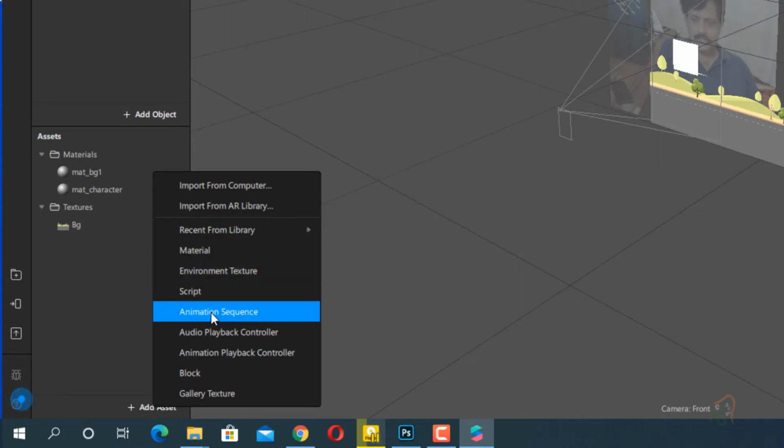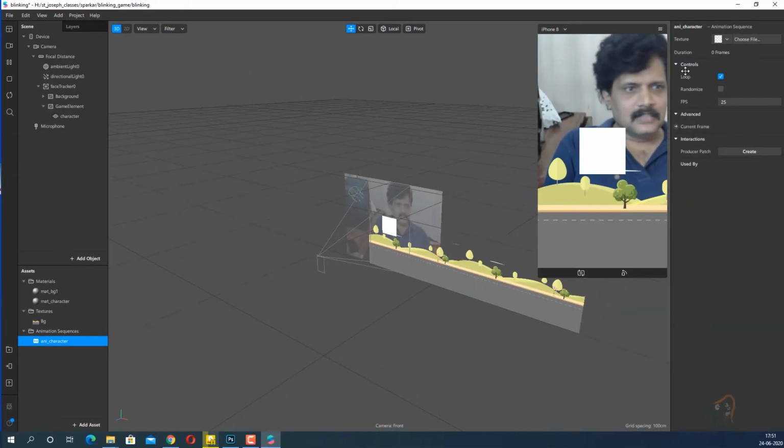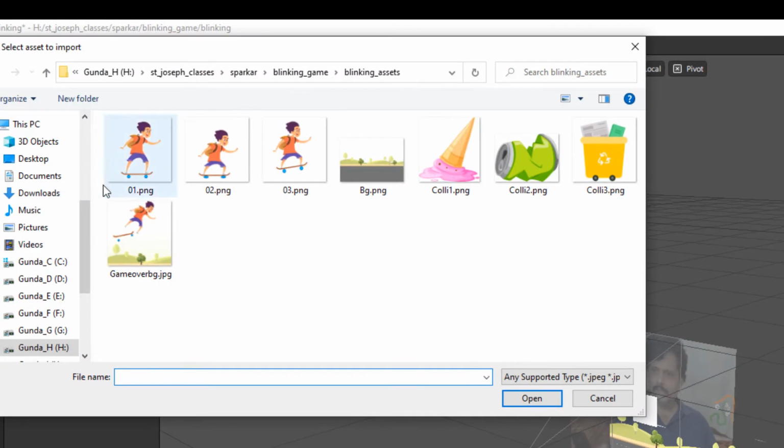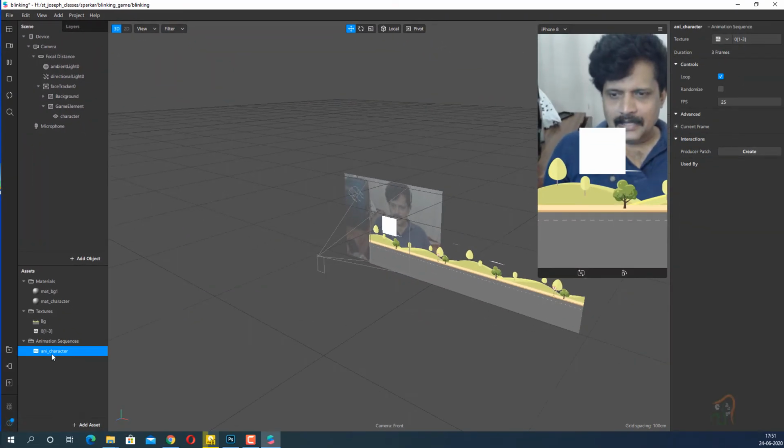Choose animation sequence and name it Annie underscore character. For this I am going to choose the 1, 2 and 3 files, these 3 files, and click open. So now I have created one animated sequence.